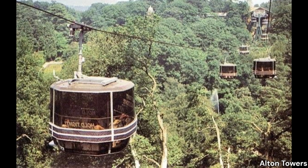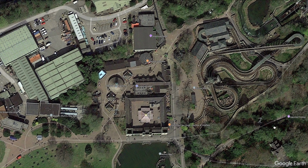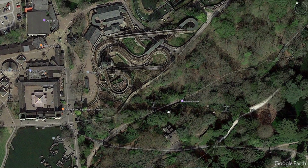So, the stations are near Tower Street, Forbidden Valley and Fountain Square, i.e. near Burger Kitchen. When it opened, the route between the Mutiny Bay area and the Gardens stations was slightly different to the original, so when passing over you would have seen to the side of the log flume rather than over the top. The site of the Forbidden Valley station, though, is the same site as the original station in